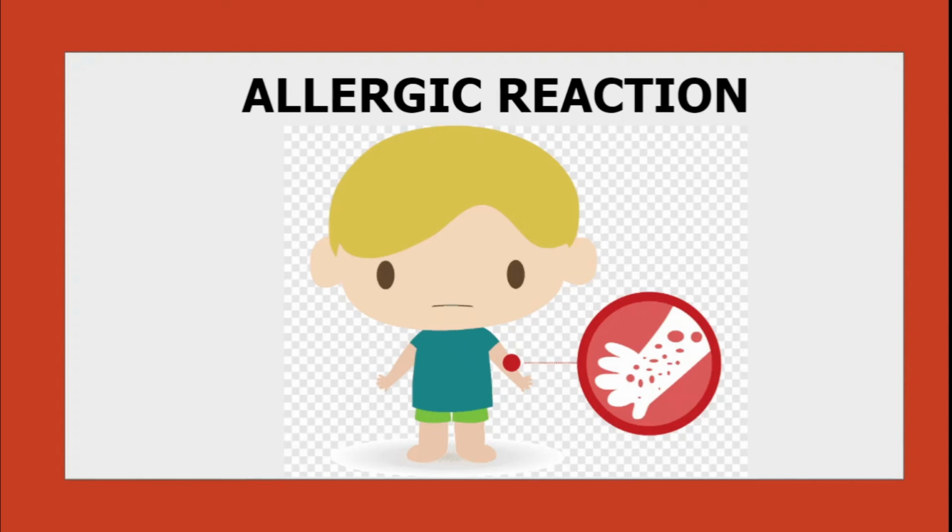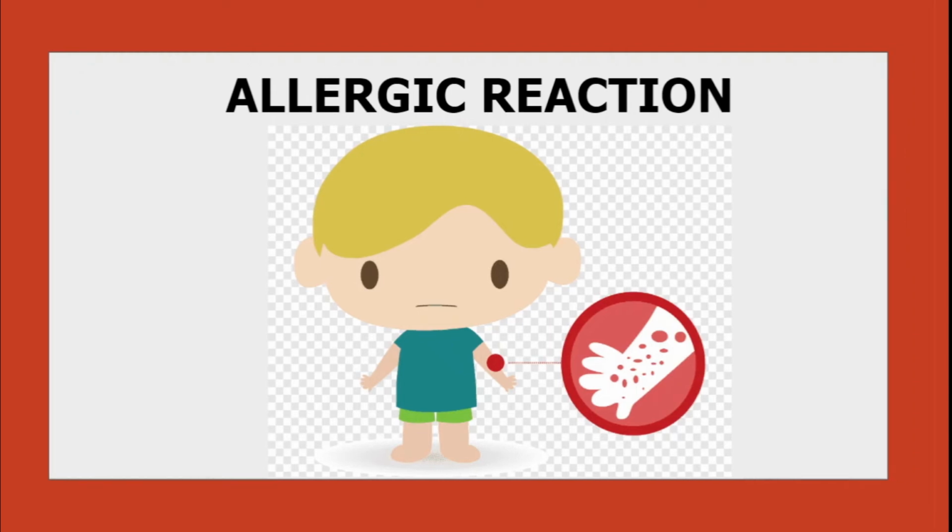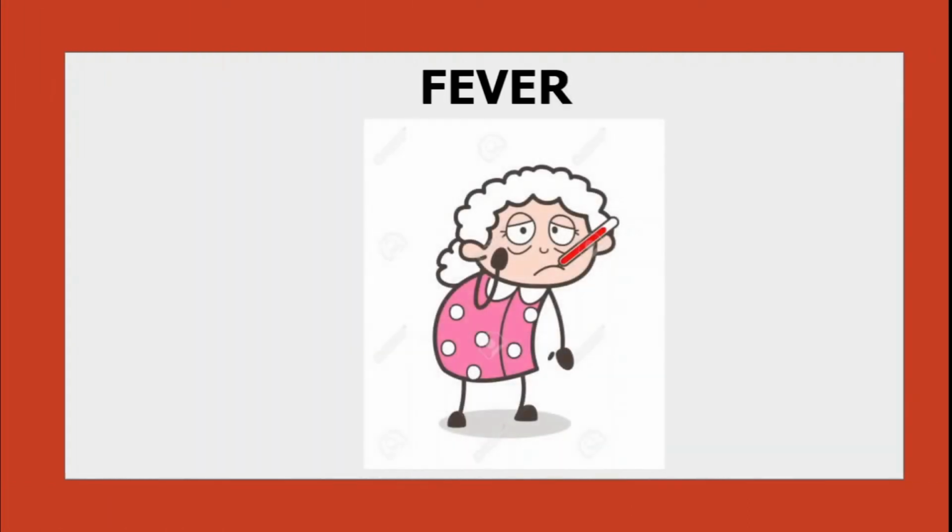The symptoms of allergic reaction can be rashes and itching all over the body. Like most allergic reactions, this can be treated with antihistamines. Next, developing a fever is your body's response to WBCs in the transfused blood. It can be a sign of a serious reaction if the patient experiences chest pain or nausea.